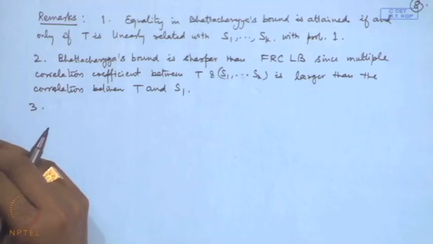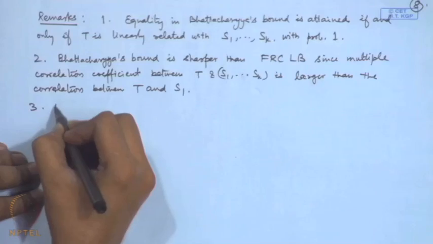Another thing that you observe, here I have considered derivative up to order k. Suppose I consider up to order k plus 1. In that case, the inequality will be dependent upon the multiple correlation between T and S1, S2, Sk plus 1. Now, if you increase the number of variables, the multiple correlation coefficient increases. That means the Bhattacharya bounds gets sharper and sharper as k increases. So, we can say that